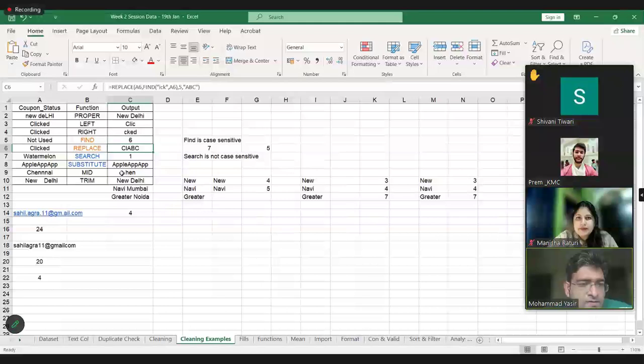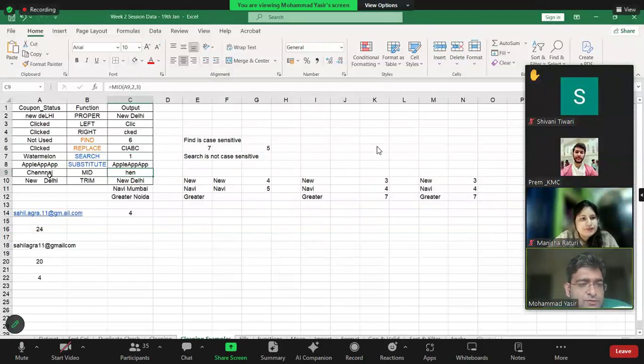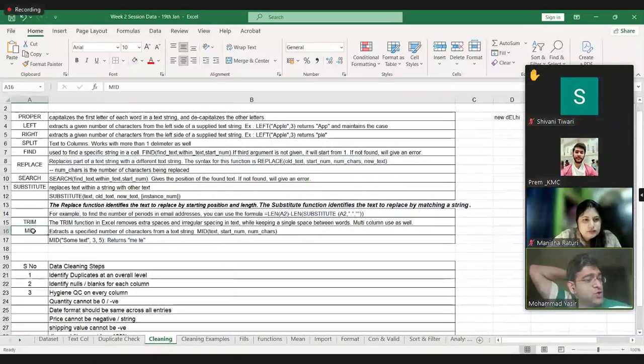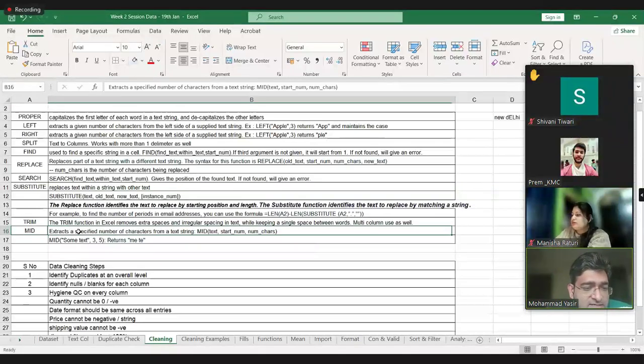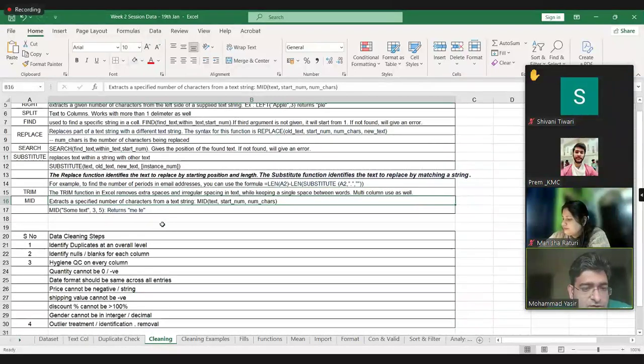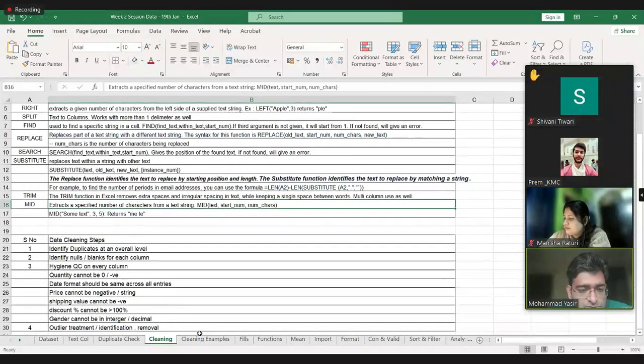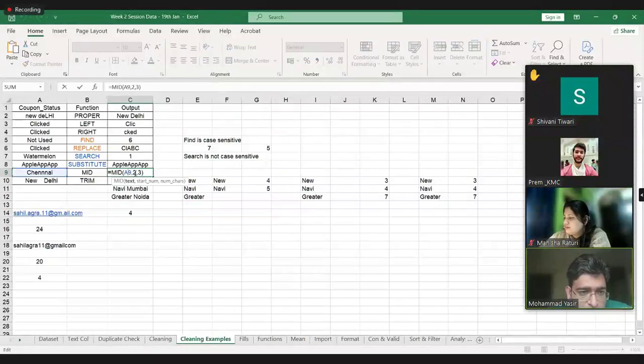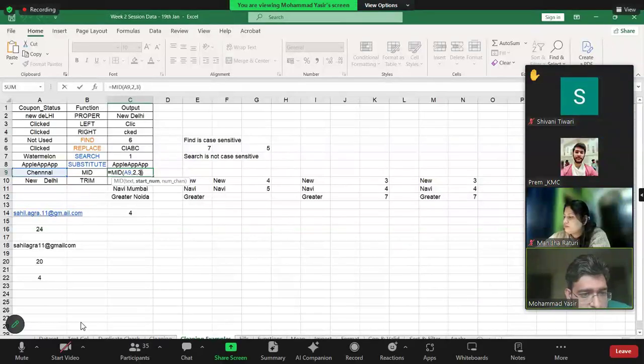Okay. Now coming to Chennai, we want to extract some specific characters. So mid is one of the most commonly and most widely used Excel functions for string manipulation. It extracts a specified number of characters from a text string. So if you see here, mid takes the text, the starting number, and the number of characters which I want to extract.